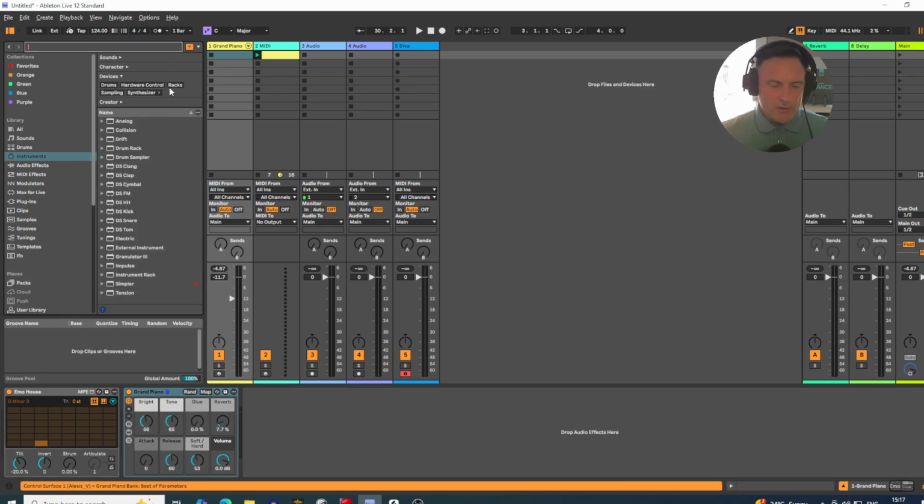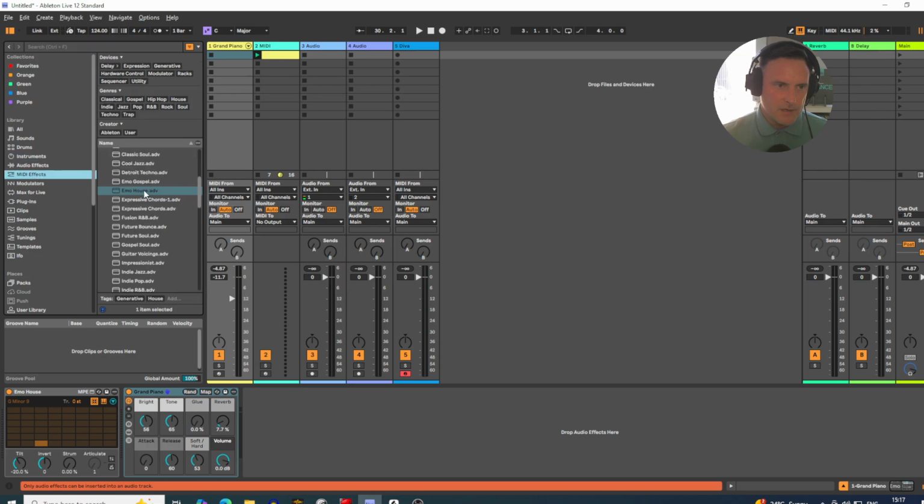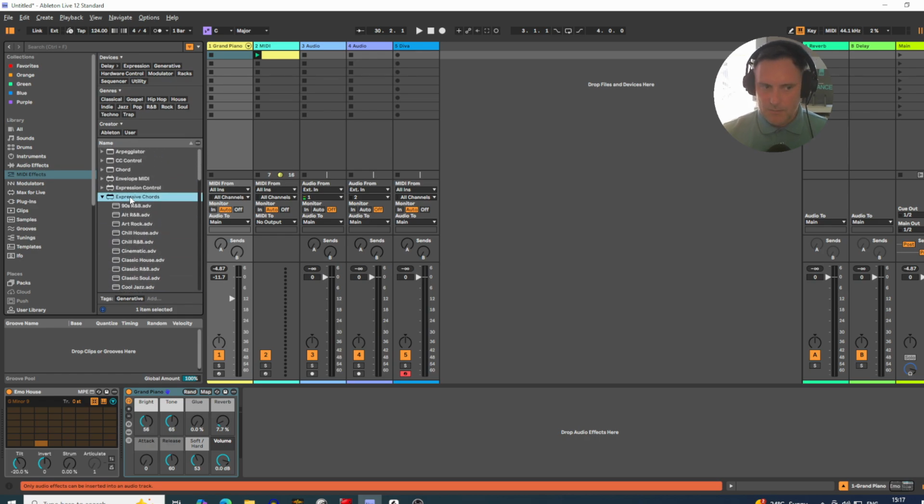Whenever you download expressive chords and install it in Ableton, it should show up under MIDI effects here, and there is the Emo House preset that I've selected from it. But if I go to the top here, you can see the expressive chords plugin is sitting here. Now underneath it, these are all presets for different types of music, and some of them are really good. And if we drag them in and you hit one key on your keyboard, it will allow you to